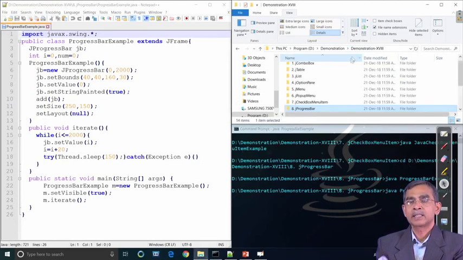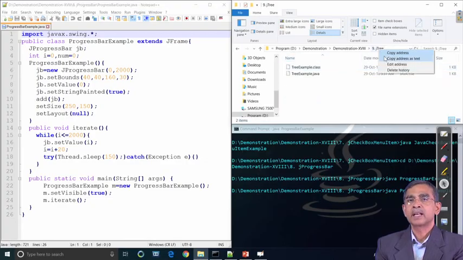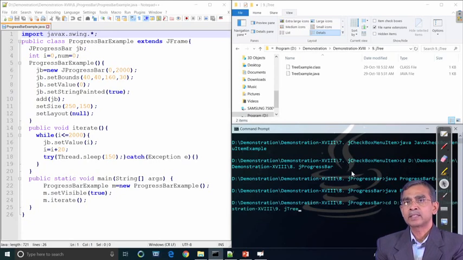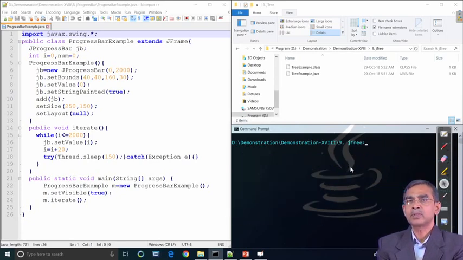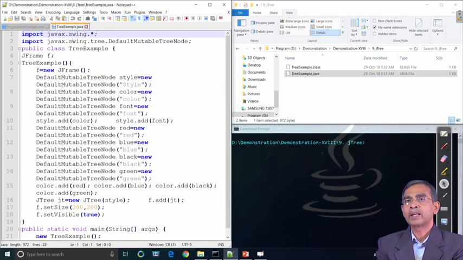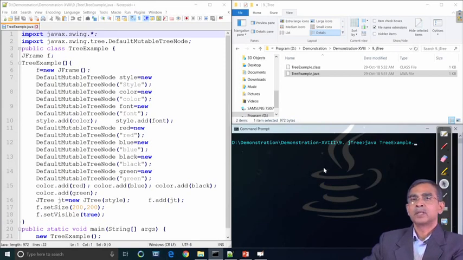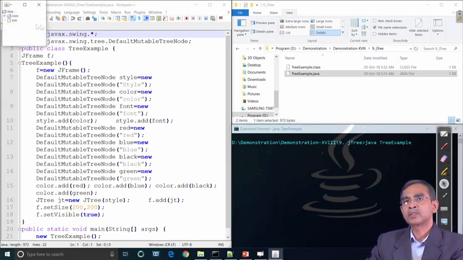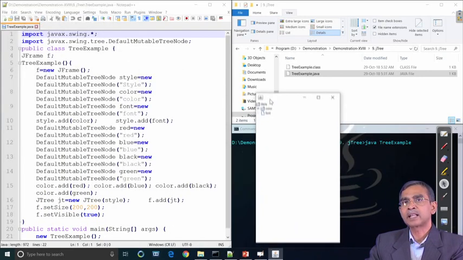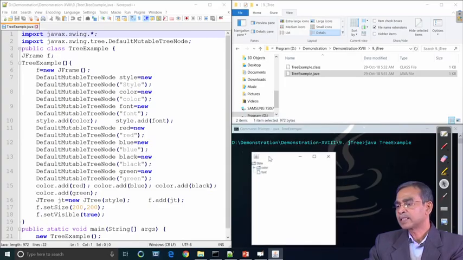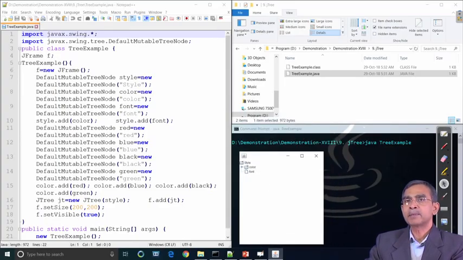Now, the next example is very important, in the sense that a tree structure can be designed using Java Swing. You are mostly familiar with tree structures whenever you open a directory using the command prompt or some command on a computer. If you see the directory structure, JTree shows a directory structure. In this example it is a very simple structure, and it can be expanded if other nodes are there.